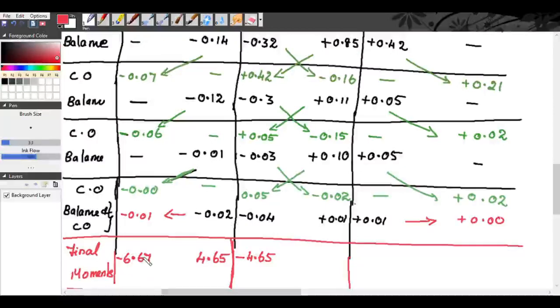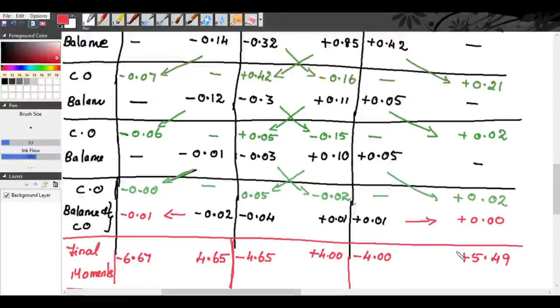So you should be very careful while getting the answer. It should be minus, right? Normally, if there is no settlement of supports, it will be minus. In the left end, it will be minus if it is fixed. Intermediate support, it will be plus and minus. Same way, at C, you will get plus 4.00. You add all carryover moments and balancing moments. You will get plus 4. Here you will get minus 4. And at the end you get plus 5.49. So these are your final moments.